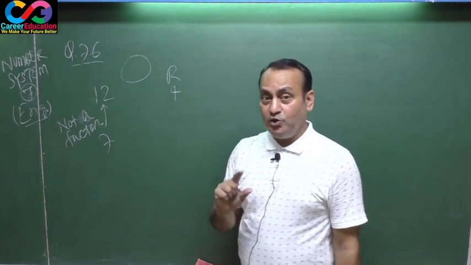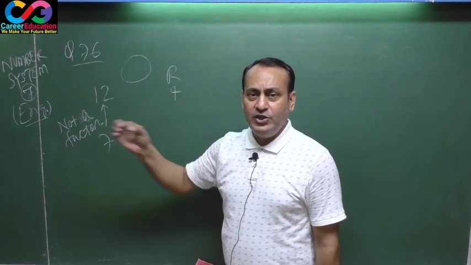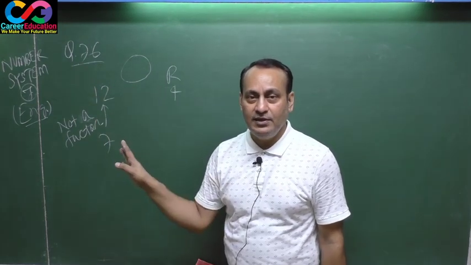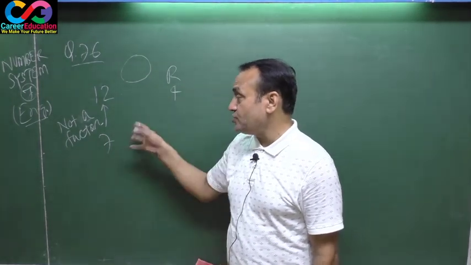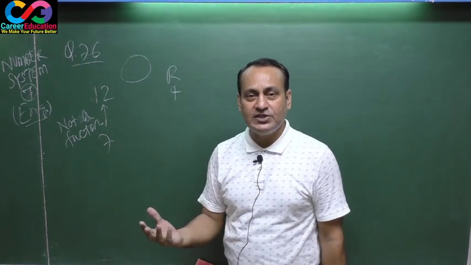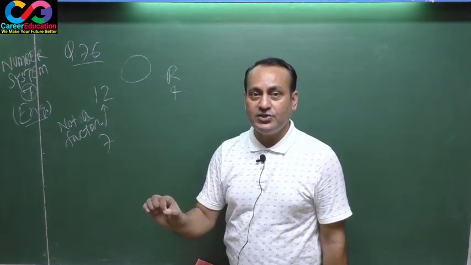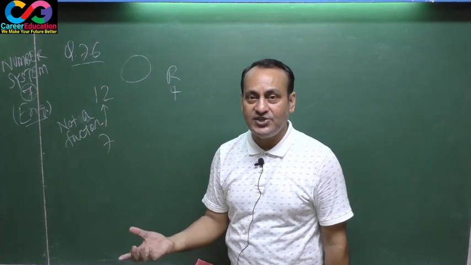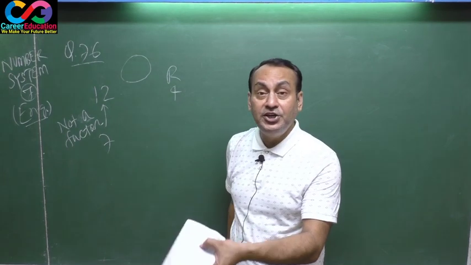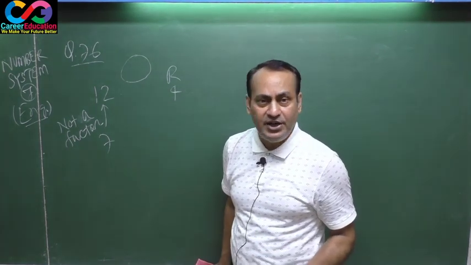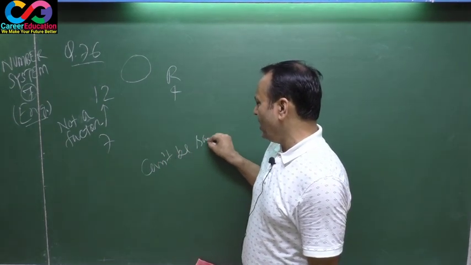If the second divisor, listen to me, this is your note. If the second divisor is not a factor of the first divisor, you can't answer such type of questions. That means this question can't be solved by you or by any person, as the second divisor is not a factor of the first. So your answer should be that this question can't be answered. See your options. Option C, can't be determined. This is your final answer.